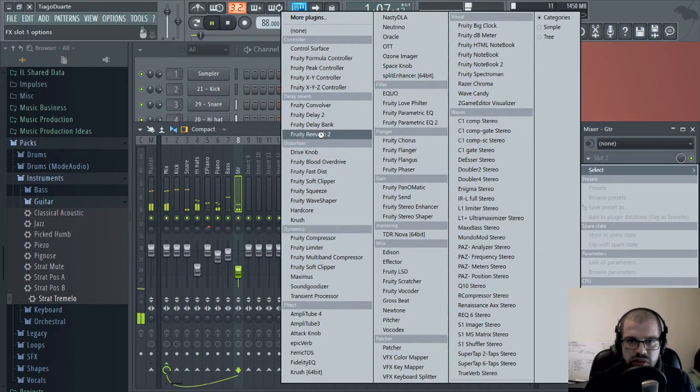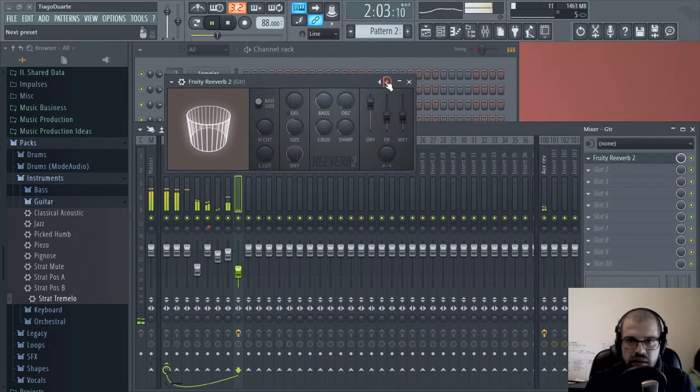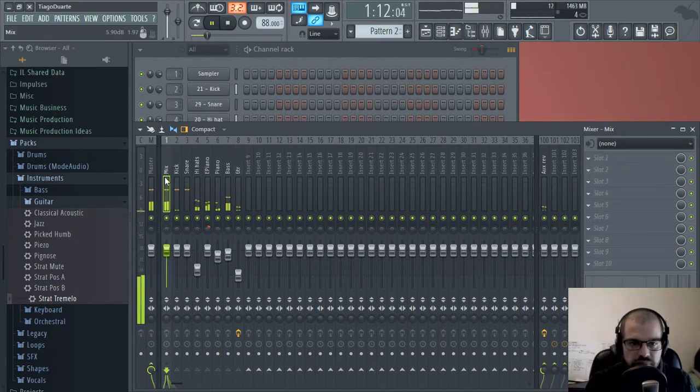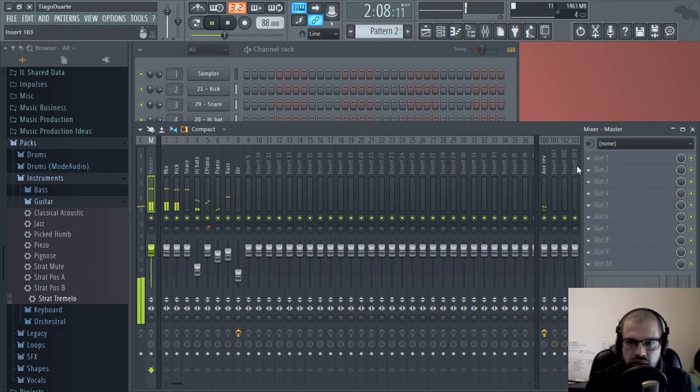Let's use Fruity Reverb 2, and let's go ahead and use a large wall, and now lower the dry level. I just want pretty much wet level to give us that distance sound. Okay, and now we can go ahead and do some